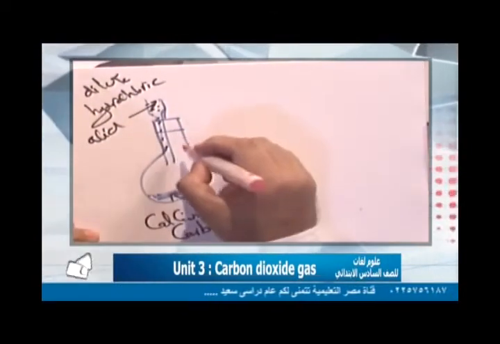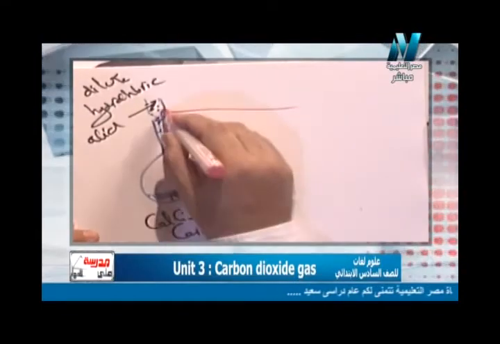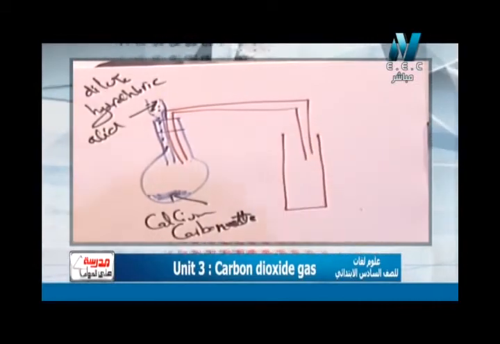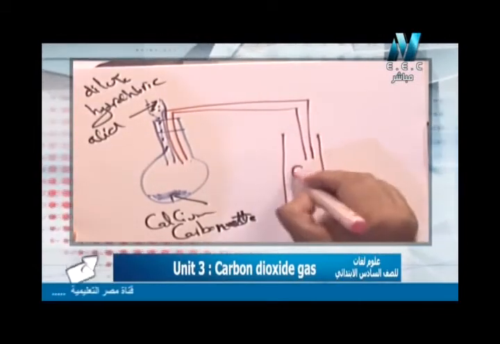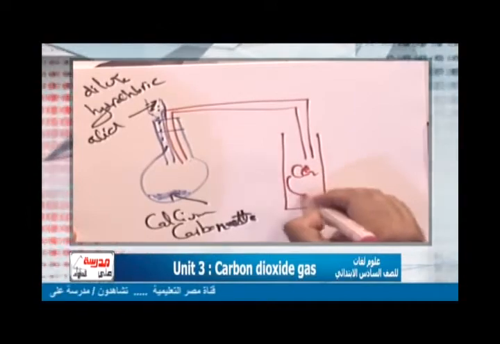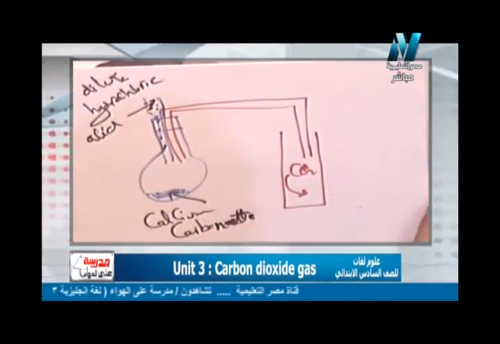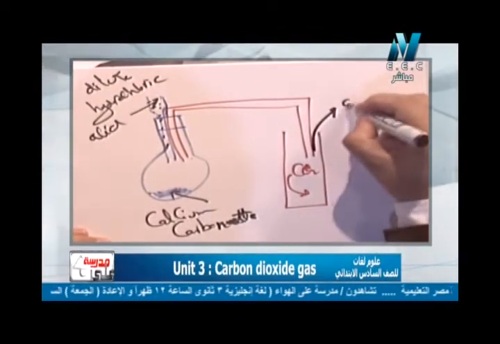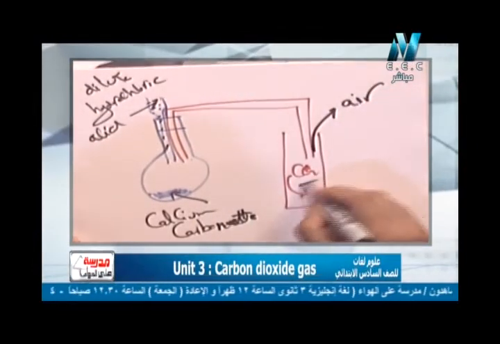Okay, so what happen if they react with each other? They will produce carbon dioxide gas. So I will have another tube like this and a test tube, not inverted، مش مقلوبة المرة دي. Why? Because carbon dioxide gas will fall down، يعني هيقع لتحت and will make an upward displacement of air، يعني